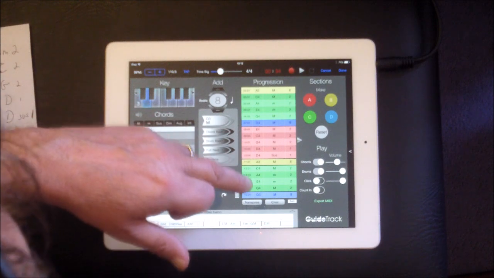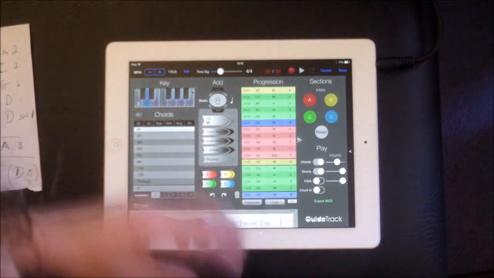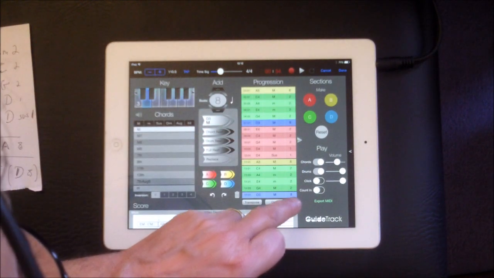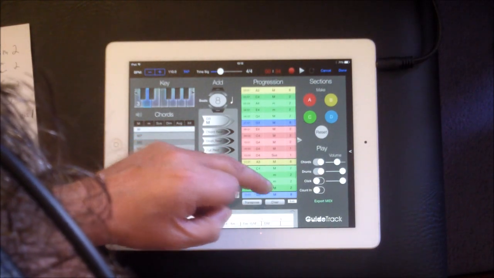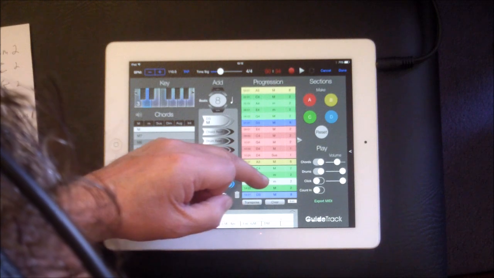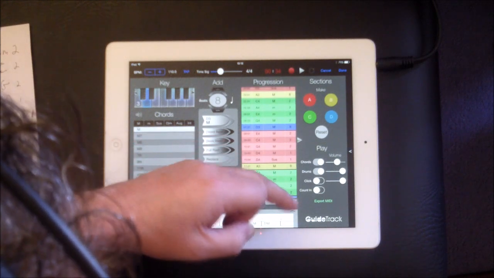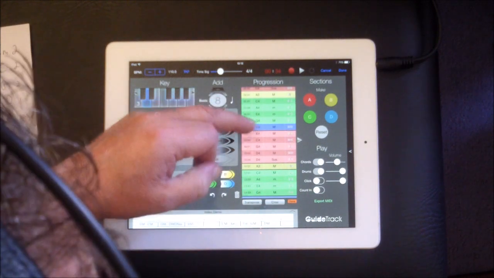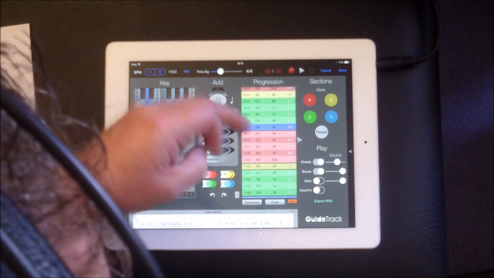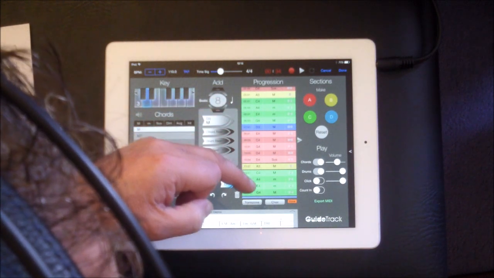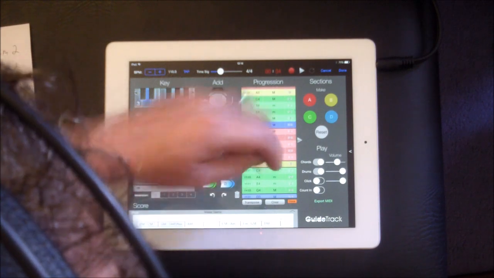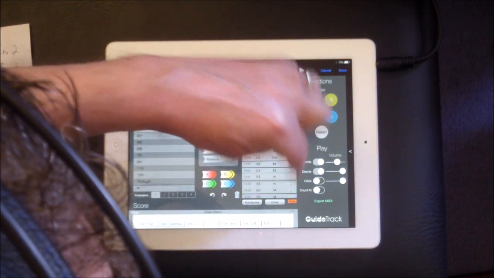Say I want the E to play after the C. So we hit this edit here, and there's a way to do this now, and I've forgotten how it works. That's it. We can move our E here to there, like that.